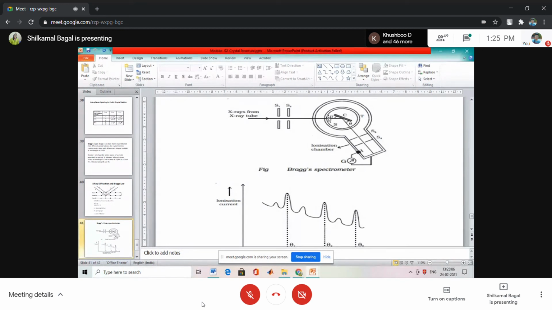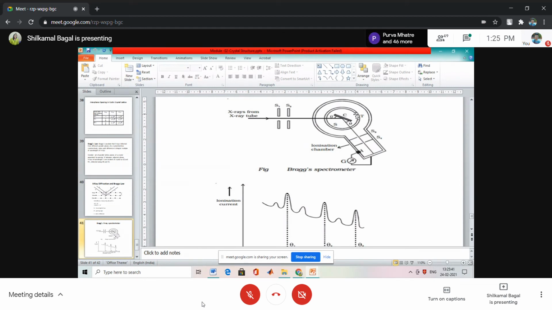Okay, so this is the Bragg's X-ray spectrometer and its construction and working. In the construction, one point remains. When the turntable is rotated through an angle theta, simultaneously the ionization chamber is rotated through an angle 2 theta, double of that, so that whatever the glancing angle, whatever the position of the turntable for any rotation, the reflected X-rays always enter the ionization chamber. So this is the important thing.